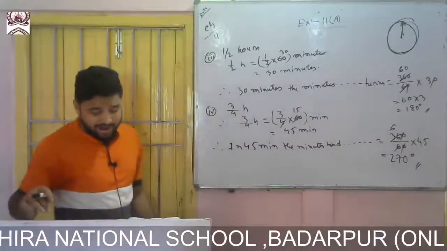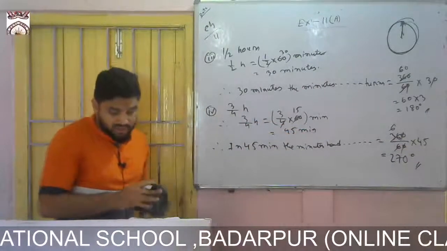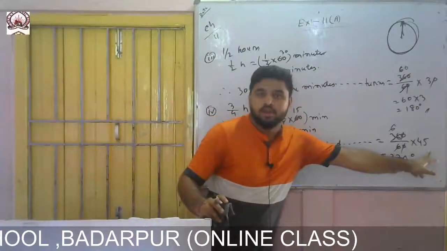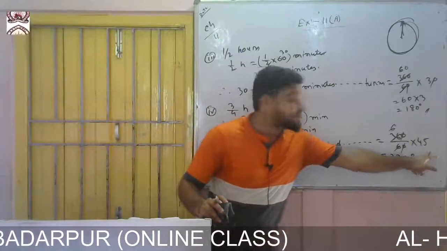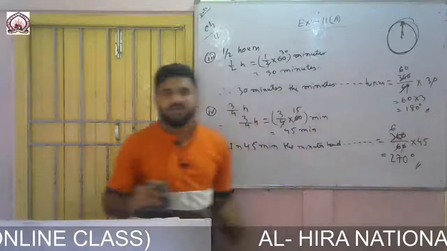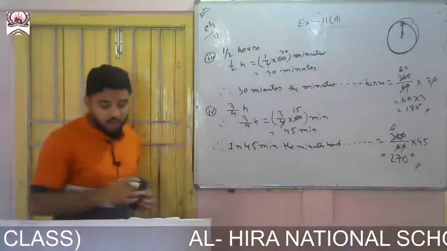Now you see question number 5. 1 hour, 1.5 an hour. Just replace the 45 minutes over here. So 1 hour is given, and 1 hour equals 60 minutes. So in place of 45, you just place 60. Then you do it. So question number 5 you can do. Now come to question number 6.